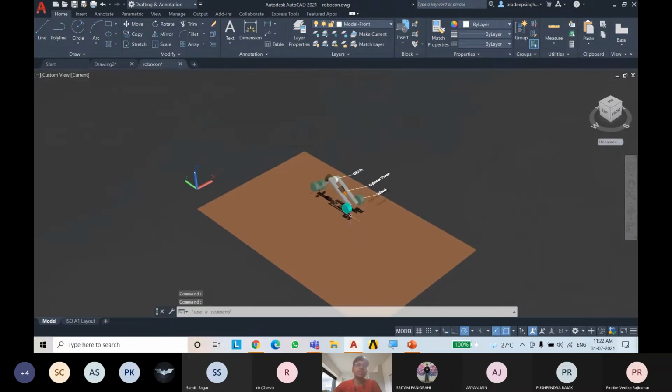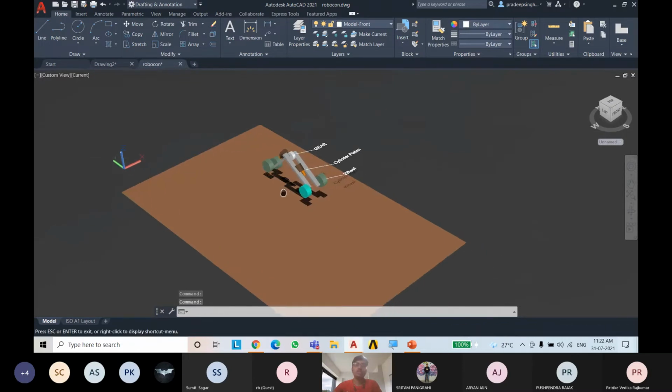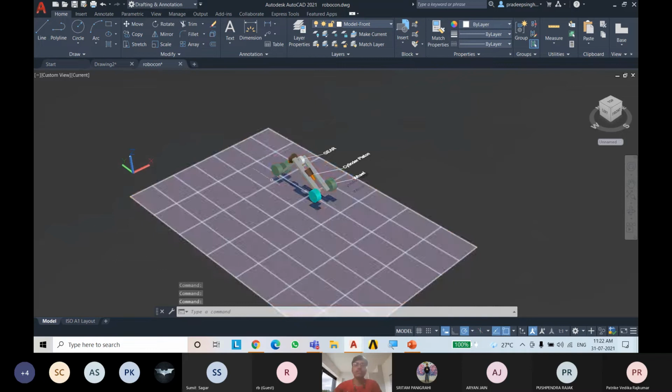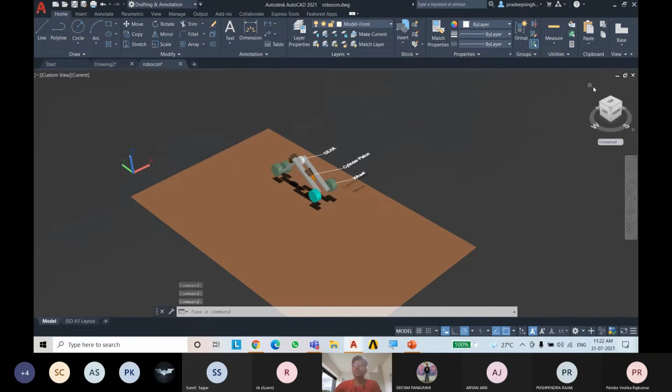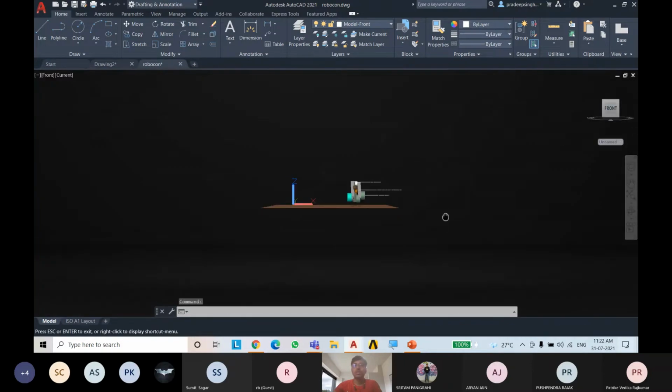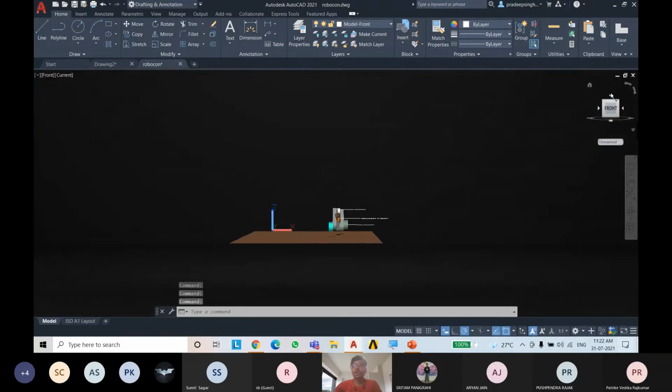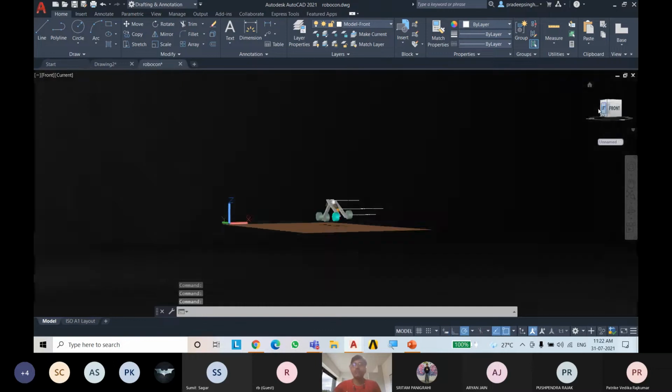You can see this X and Y, and this is known as isometric view. You can see the object in isometric view by clicking on this home icon. And if we click on this front, it will show us the front view, and we can explore this cube to see different views.